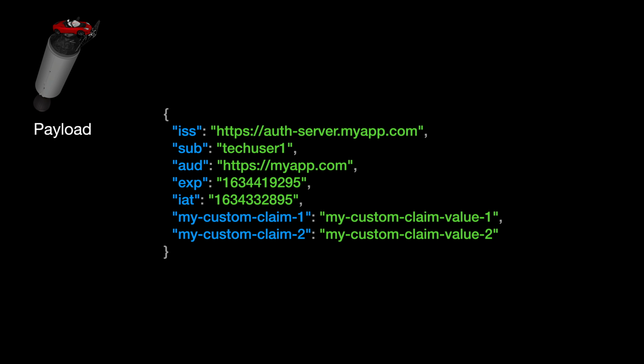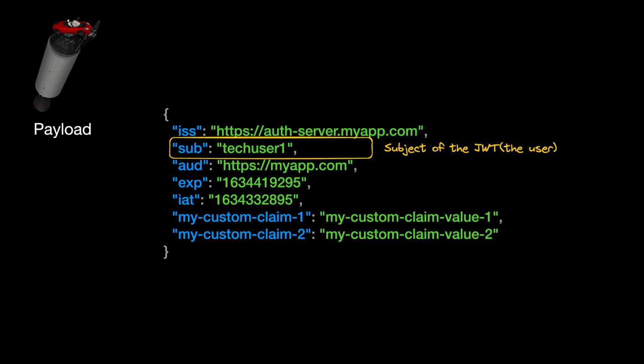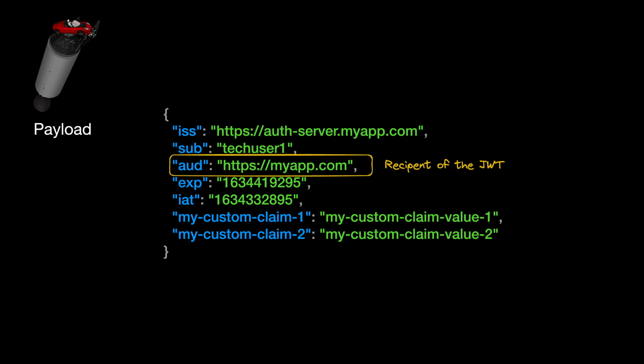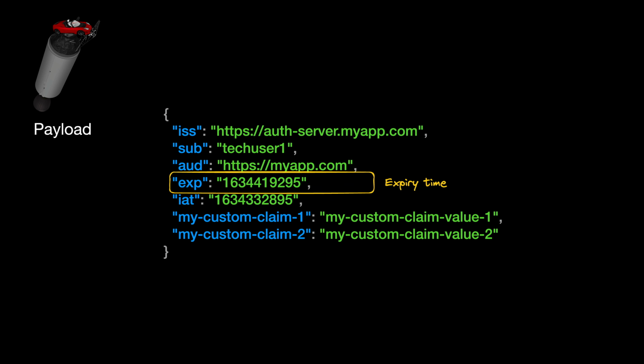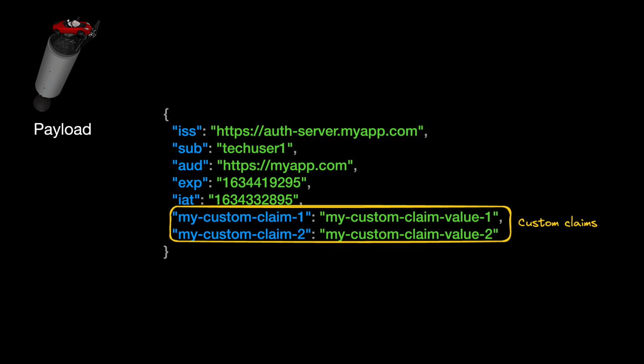Going back to the token structure, how a common JSON Web Token payload looks like. We have an issuer claim that specifies who has issued the token. A subject can be specified. This is typically the user that the token is issued for. The audience claim specifies the recipient of the JWT. The exp claim specifies the expiration time in Unix time format. The issuedAt claim specifies the time the token is issued. Also, some custom claims can be set.